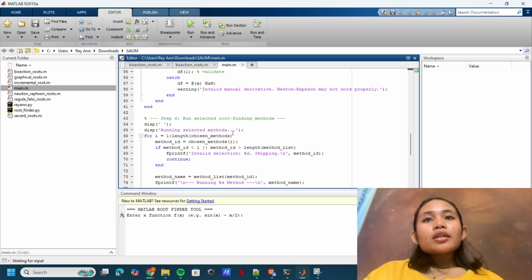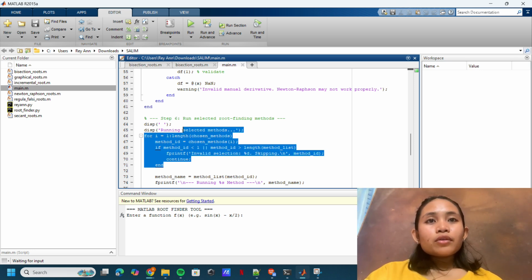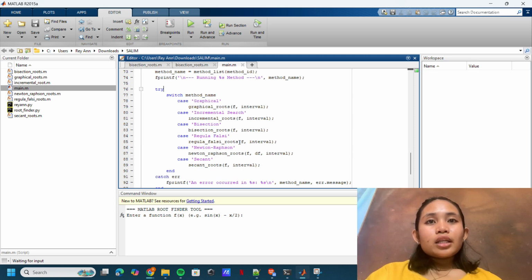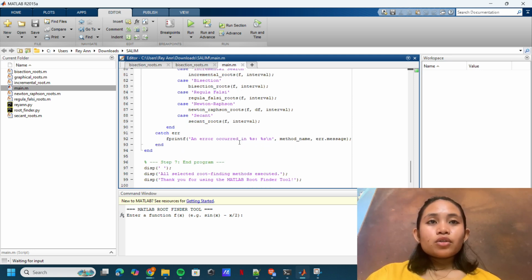Then, it iterates over each chosen method and calls the corresponding function script to perform the root finding operations. It includes error handling so that if any method fails during execution, the program continues running other selected methods and reports the error clearly. Finally, after all selected methods are complete,